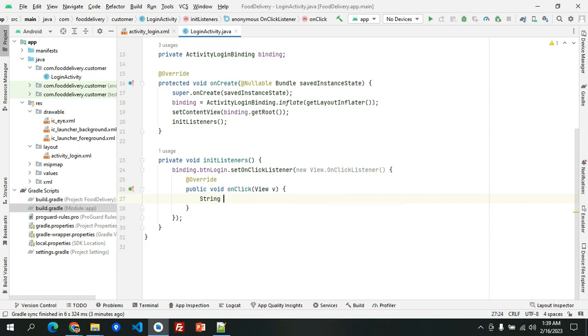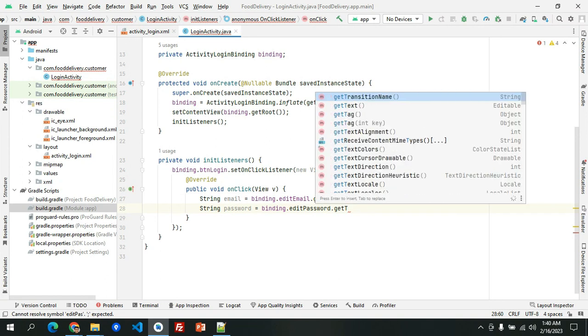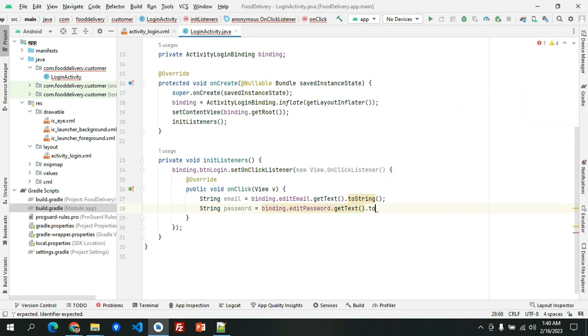We'll be using String email equals binding.editEmail.getText().toString(). Then String password as well, binding.editPassword.getText().toString(). And then we'll be evaluating it using an if statement, email.equals